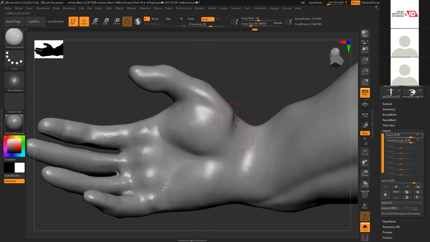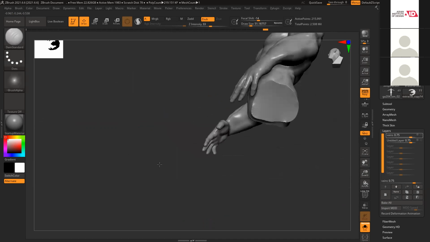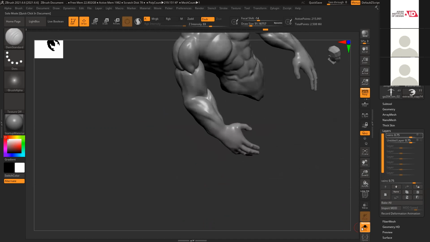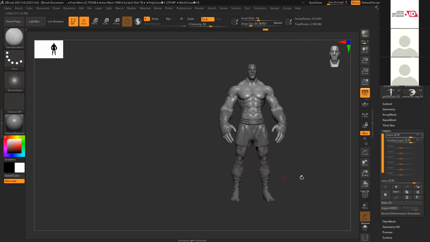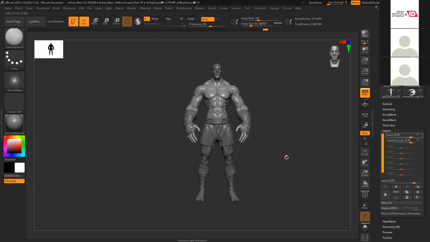There's a line, usually one or two lines. It's not visible, but keep it clean.